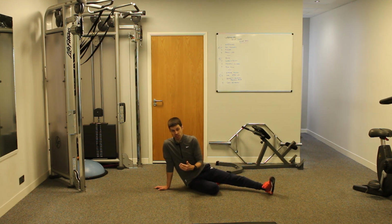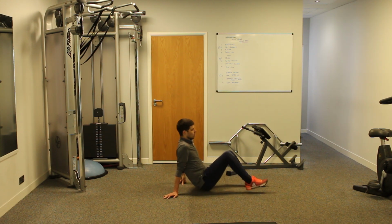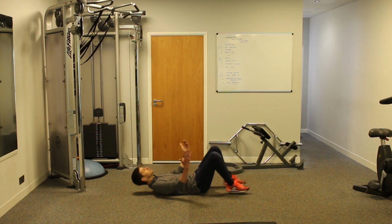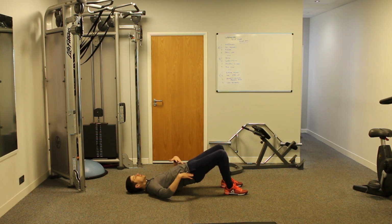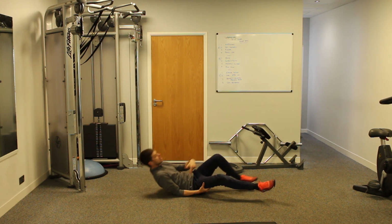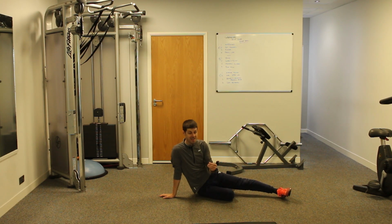The final exercise that we're going to do is the posterior musculature, so the glutes and the spinal erectors. So again, we're just going to use the bridge. So we come down into position, and all we're going to do is come up into the bridge. Again, we may be able to hold it. Some people may only be able to get this high, or they fatigue very quickly, which is showing us that the glute muscles aren't able to hold that position, to get into that position. The strength, could be some range of movement issues, possibly, but also to hold it,